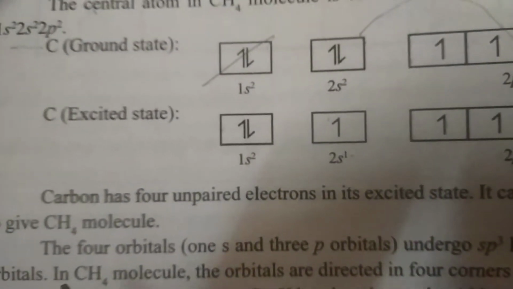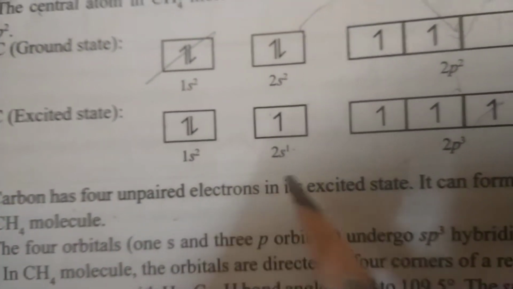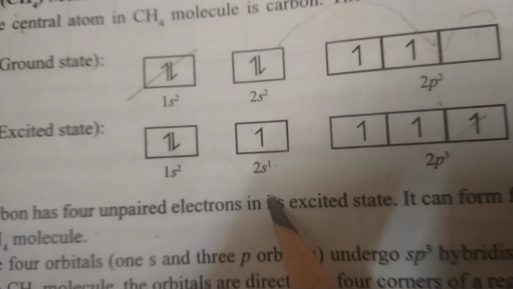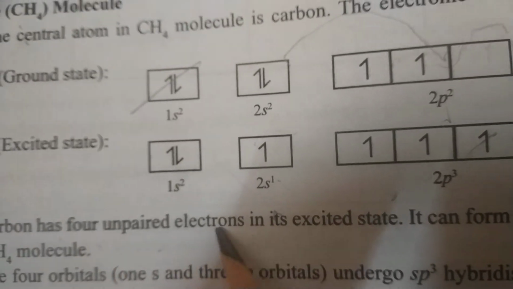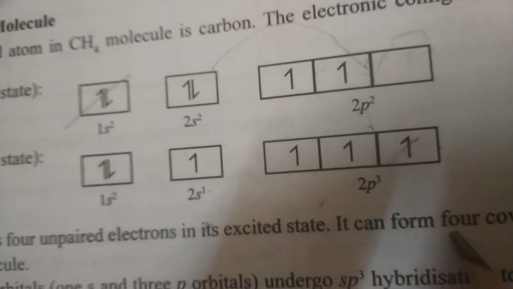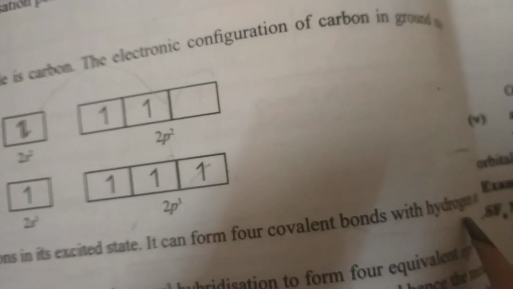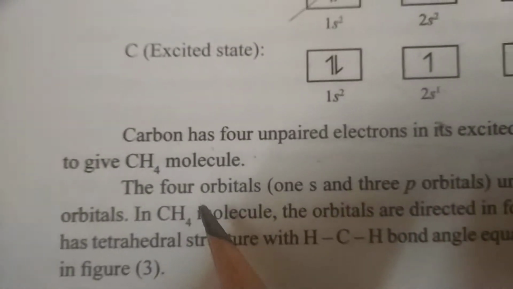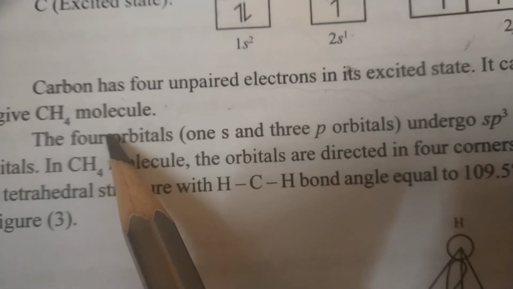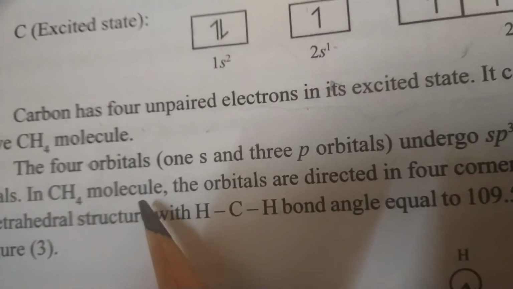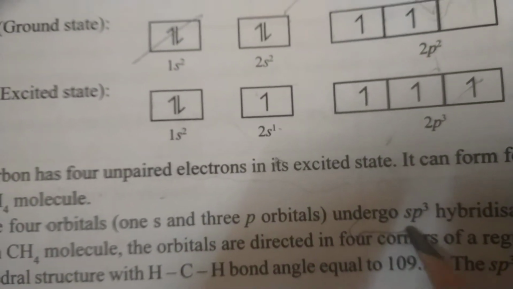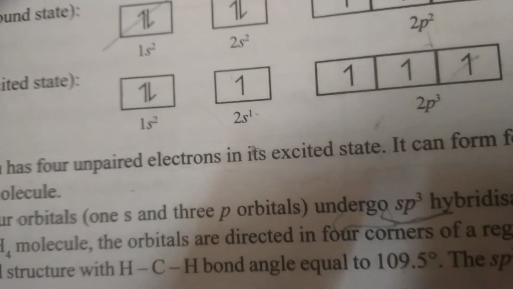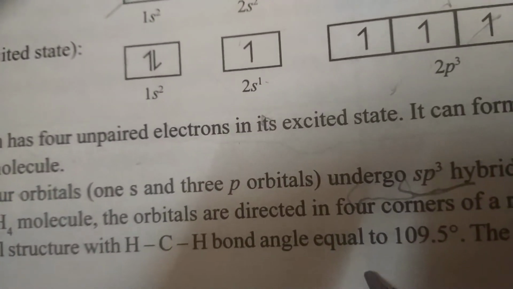Now carbon has 4 unpaired electrons, they are 2s1, 2p3. These 4 unpaired electrons in its excited state can form 4 covalent bonds with hydrogen atoms to give CH4 molecule. Enough. Then that means it undergoes sp3 hybridization. This one is important. And the bond angle is,